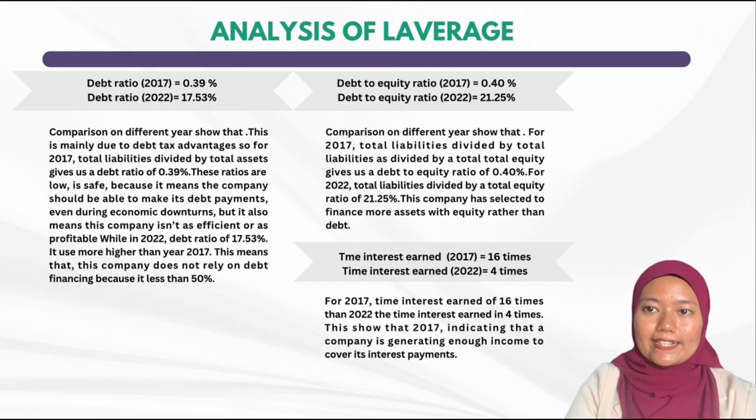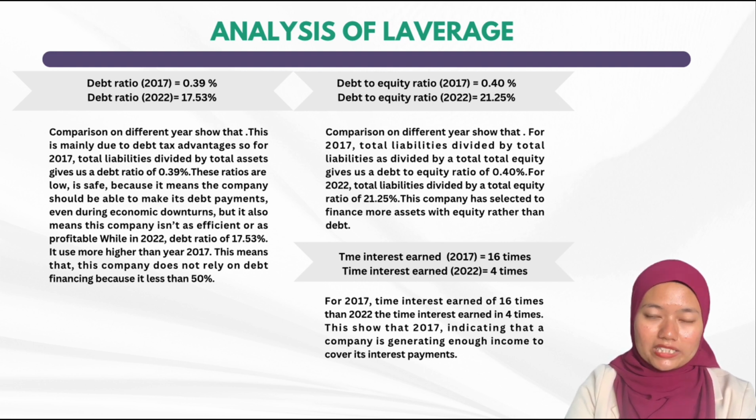We move to the analysis of leverage. Debt ratio, the comparison on different years shows that in 2017, the ratio gets 0.39%. This shows the ratio is low. It also means this company is not as efficient or as profitable. While in 2022 it shows 17.53%, which is more than 2017, but the company still does not rely on debt financing because it is